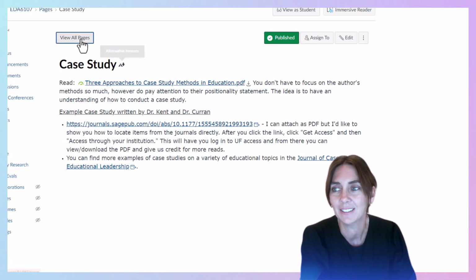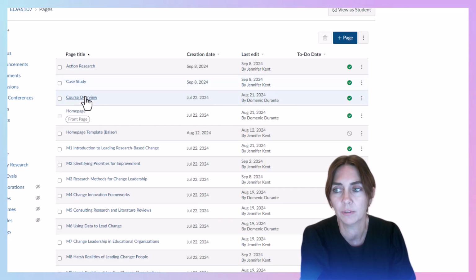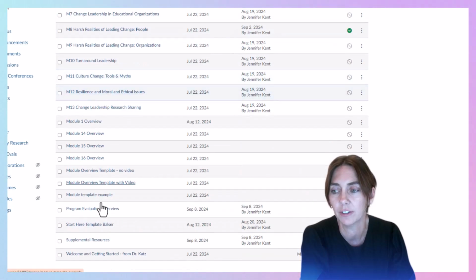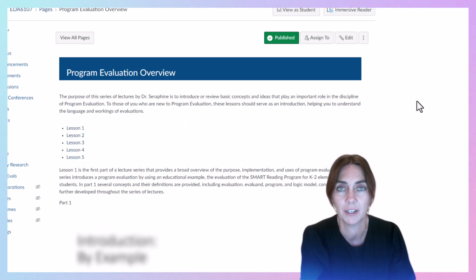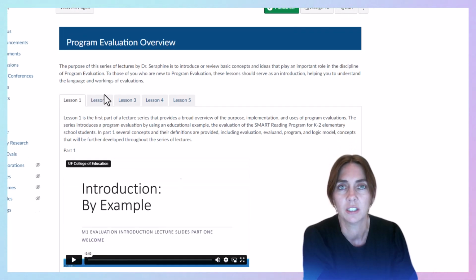And then the last one is a program evaluation, and we have a professor here at UF, Dr. Serafin, and she teaches a class on program evaluation, a whole course on it, probably more than one course, and I've taken that course. It's a really interesting methodology, and I was really fascinated by it. I enjoyed my project in this class.